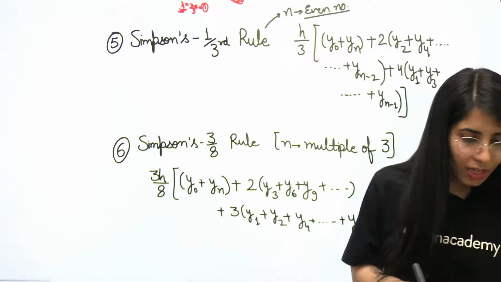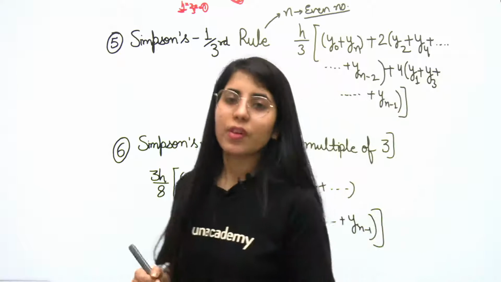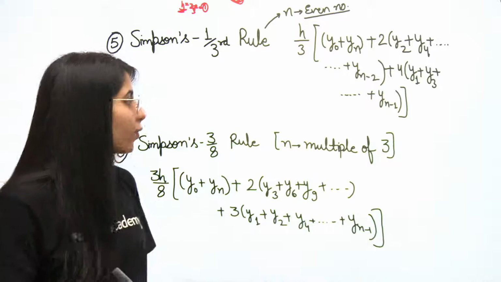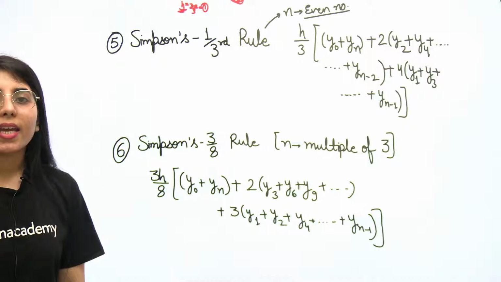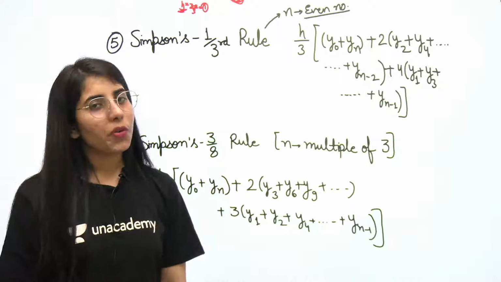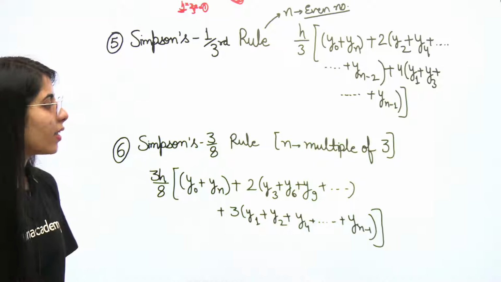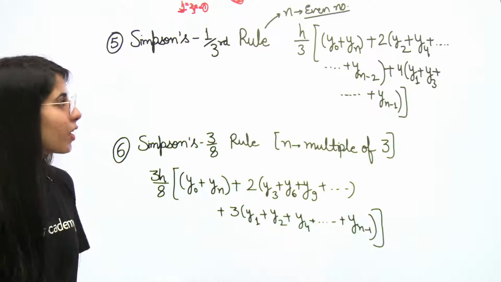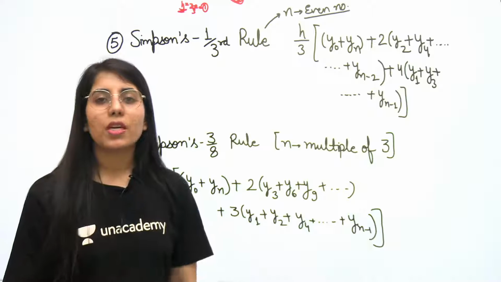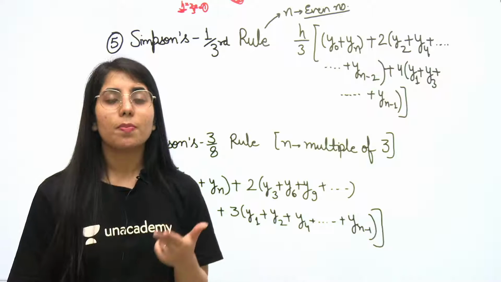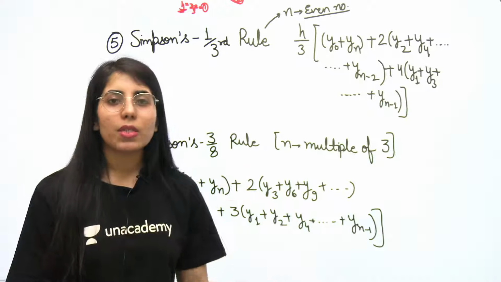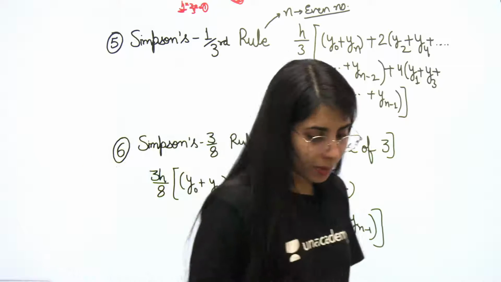Please let me know if there is any doubt anybody has in any of these methods. And if everything is clear, that's good. But if there is any question, anything you want to ask, you can mention it in the comments regarding the discussion we have done. And whenever you want to solve any integration by using Simpson's 1/3, trapezoidal or Simpson's 3/8 rule, just use these methods directly and you will be able to get the answer.